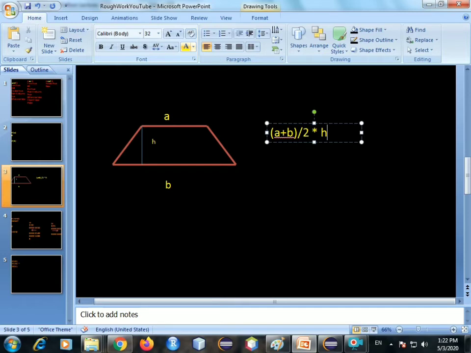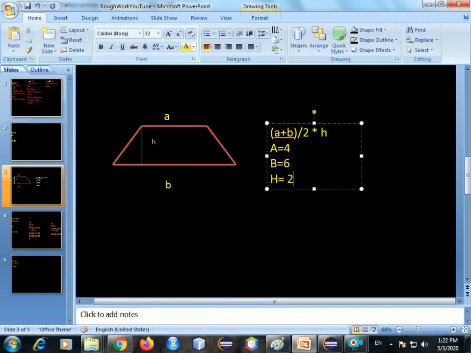So let's just take an example here. For example, a is let's say 4, b is 6, and your height will be, for example, let's say 2.